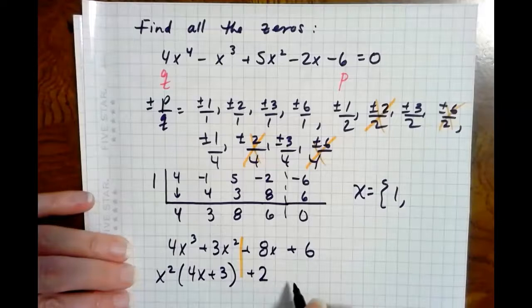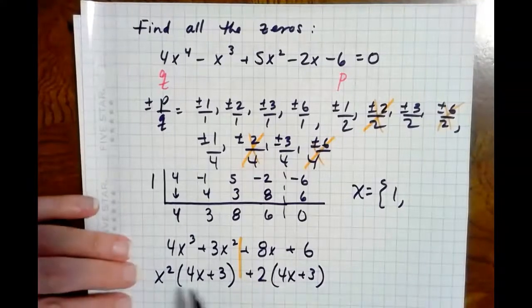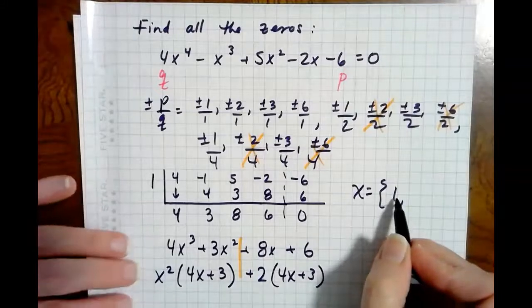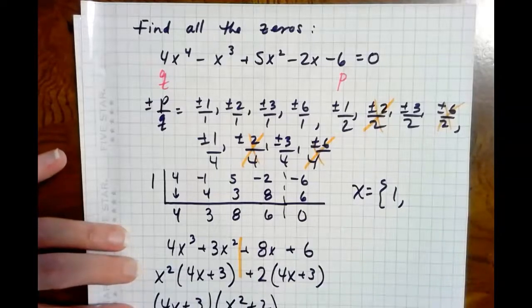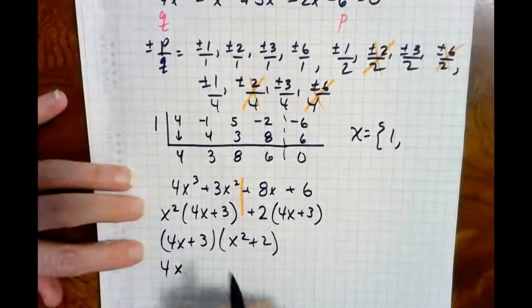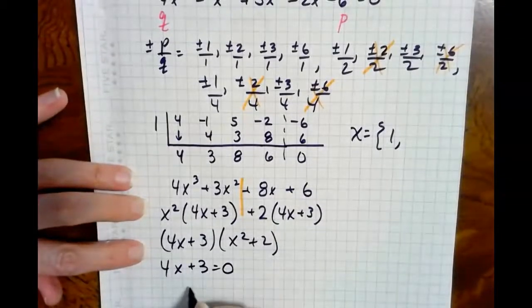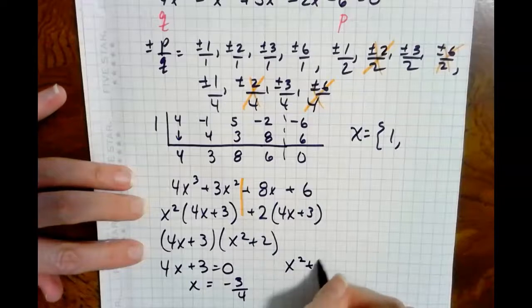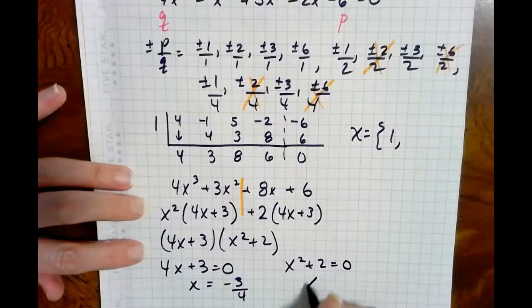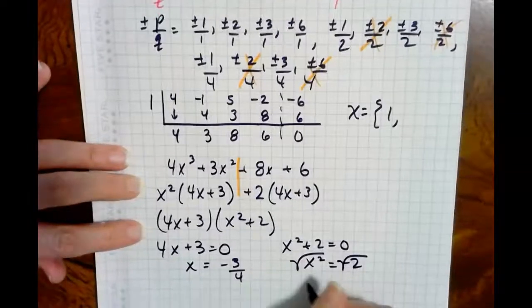And on this side, if we take out a 2, we're left with 4x plus 3. Hooray! So we've got our first 0, and now we've got our 2 remaining factors. So 4x plus 3 is linear, and then x squared plus 2 is quadratic. So 4x plus 3, if we set it equal to 0, we get x equals -3/4, and x squared plus 2, when we set it equal to 0, use the square root property here, we find that it yields 2